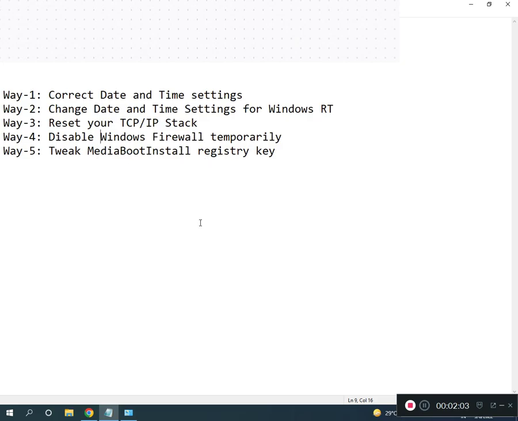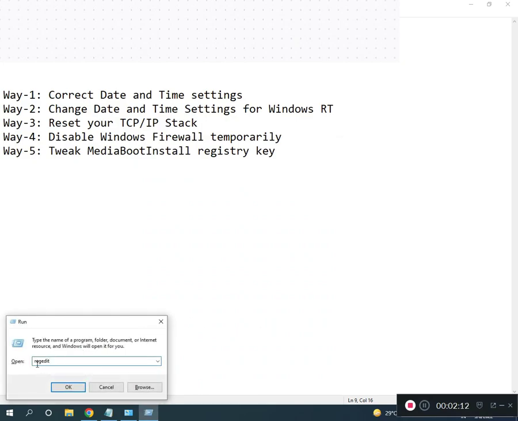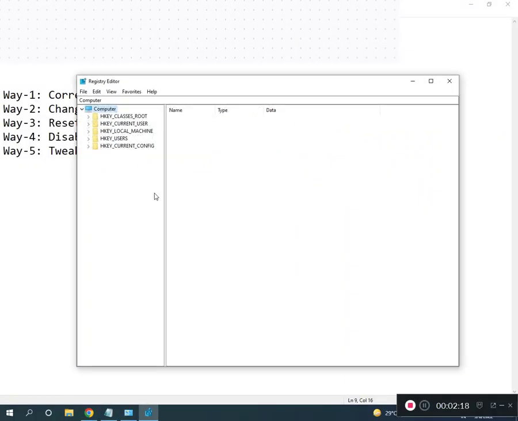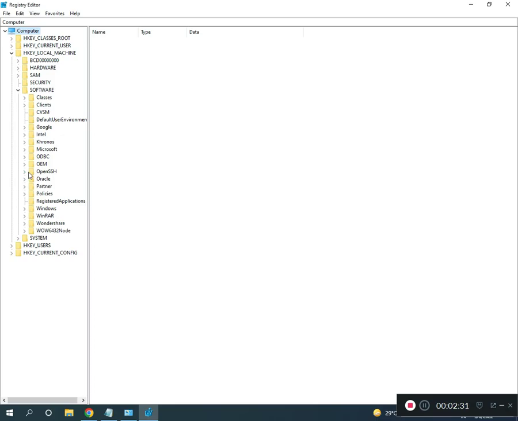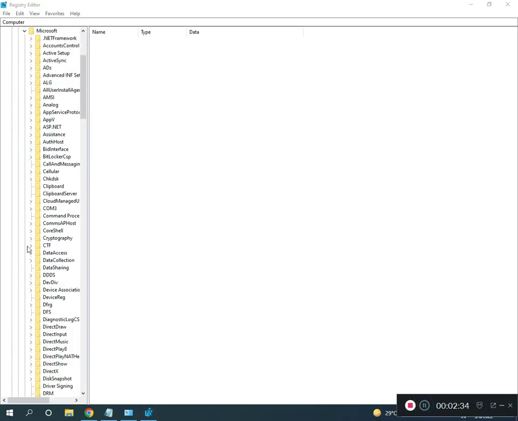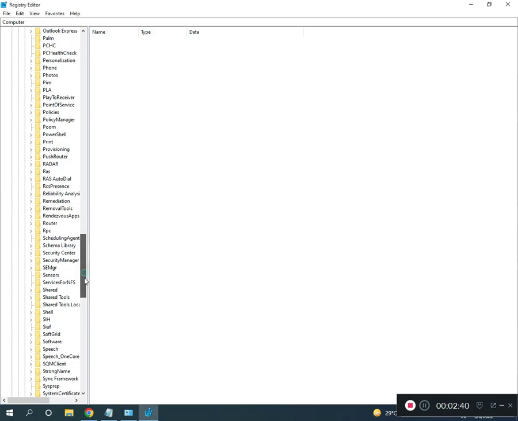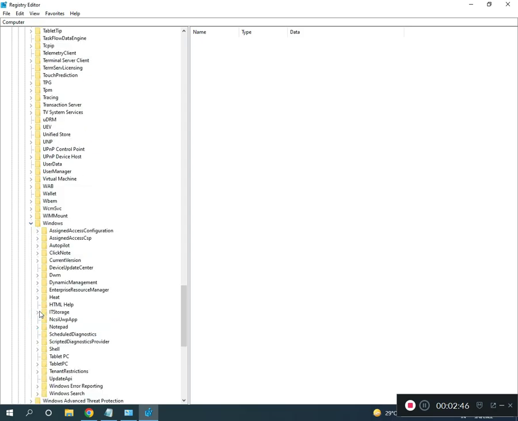So you search Run, type regedit, then OK, click to yes, then full screen, then go to Local Machine, Software, Microsoft, then Windows, scroll down, Windows, CurrentVersion,